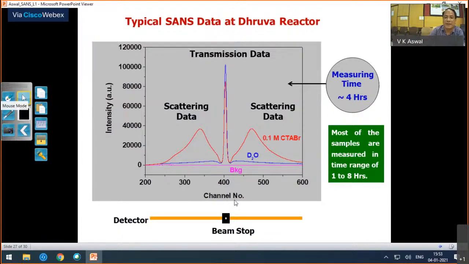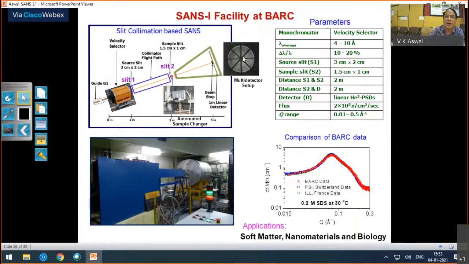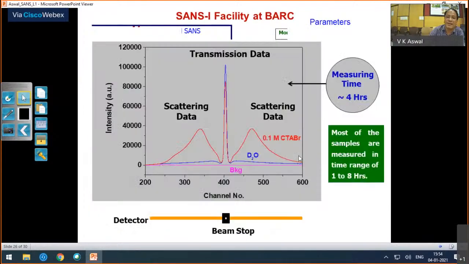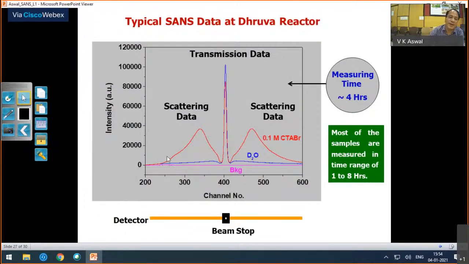And this is what we do now. We have a set of detectors. So presently 4 detectors in cross geometries to enhance the acquisition rate. And in a particular detector, this is how your scattering patterns look like. So we have a beam stop in the center of the detectors, and there is a small hole also in the beam stop, so that simultaneously we can measure the transmission